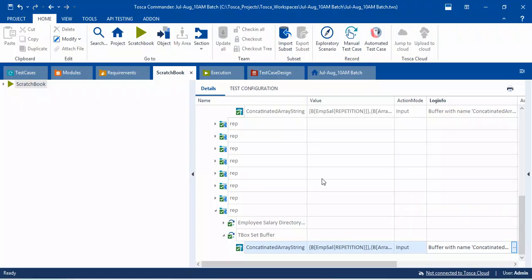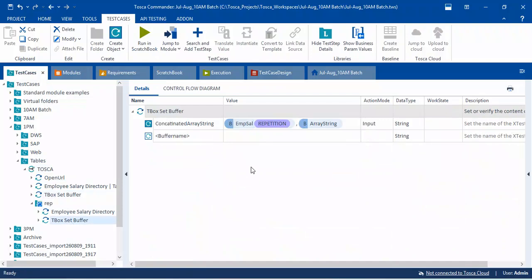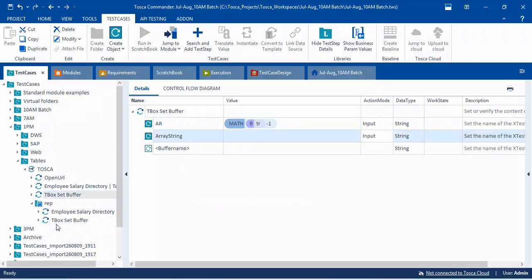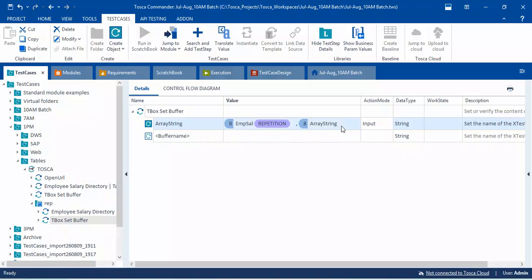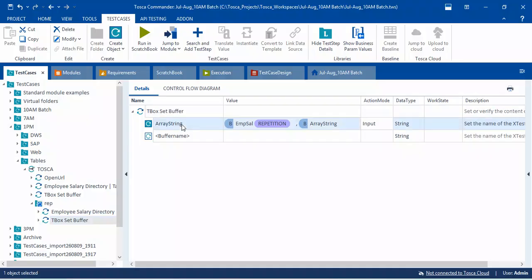Ideally we should keep the same name. To concatenate, we should use the same name which we declared above. We should use the same name here. We already declared it above, and we are putting this data in this same variable, the concatenated one. If we don't keep the same name,